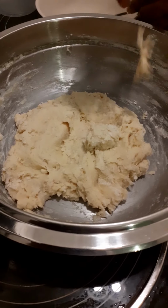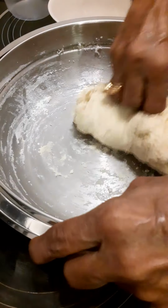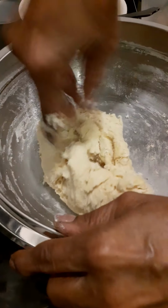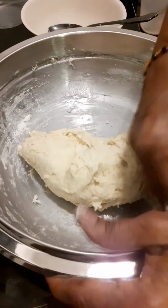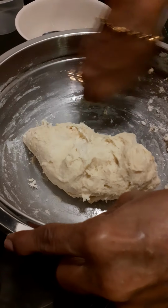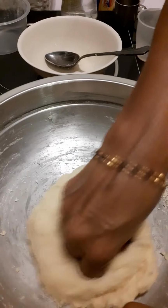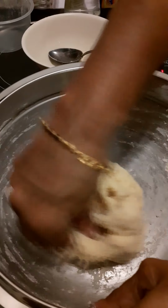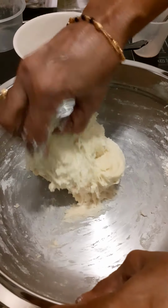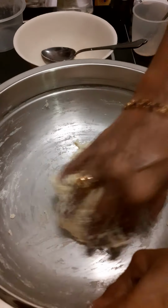All the margarine, whatever that you use, you scrape out all the sides and you start kneading it, folding. So this is your dough. You have to keep folding it properly. Scrape all your sides properly. It's a bit sticky, you can see. It's okay because later you can add a little bit of butter or margarine. Okay,